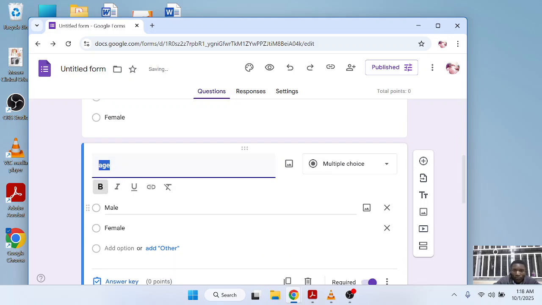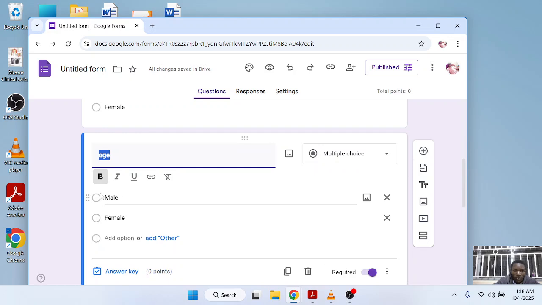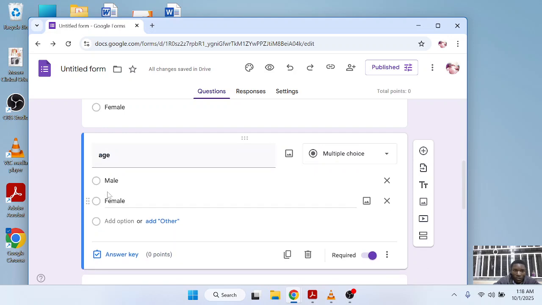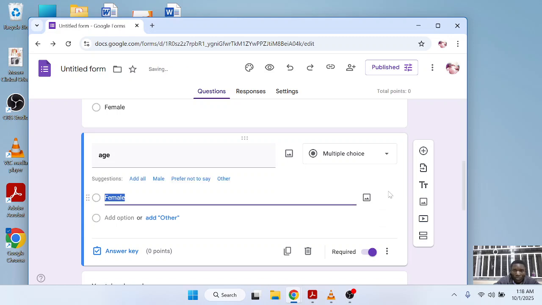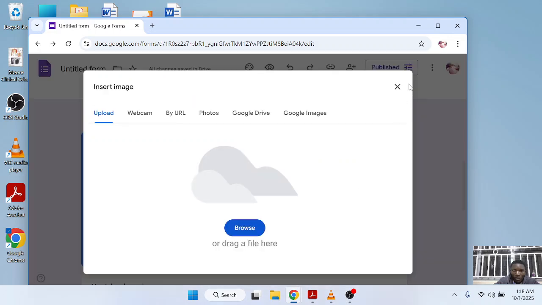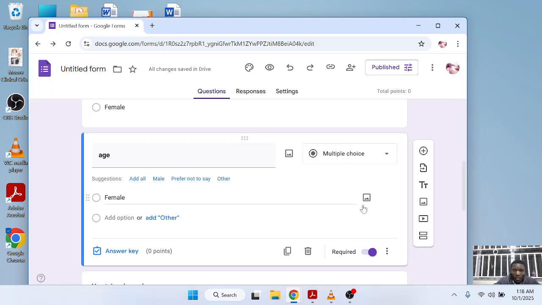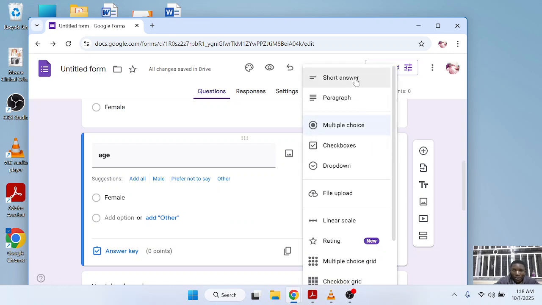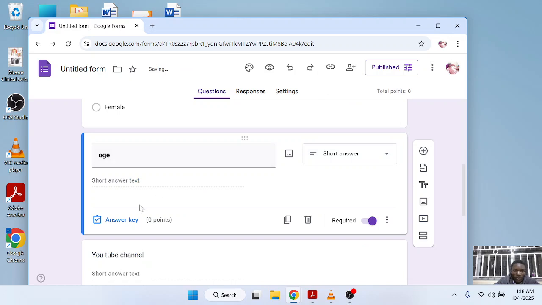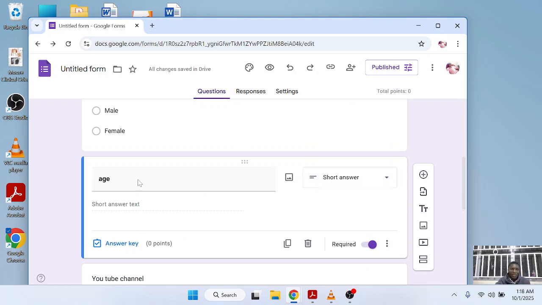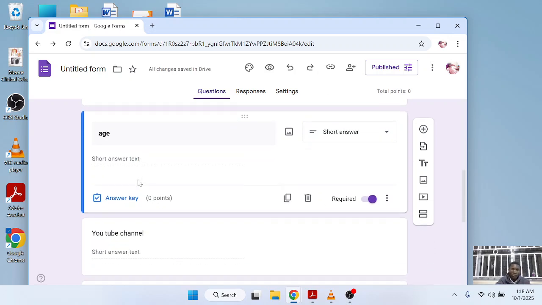And now for that we don't need all this. We don't need whether it's male or female. What we need is a short answer, because age is always a short answer. So you see how you can make different modifications on your